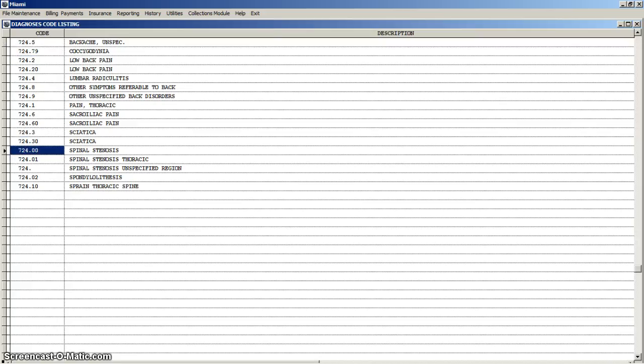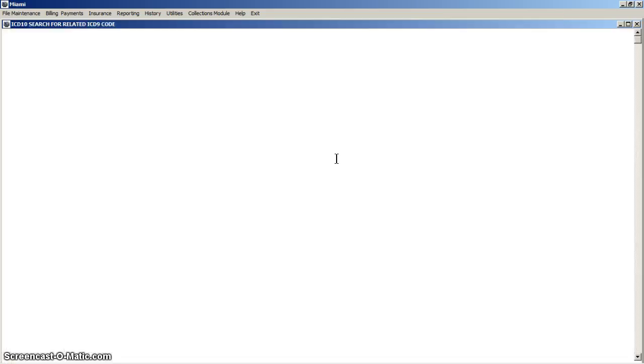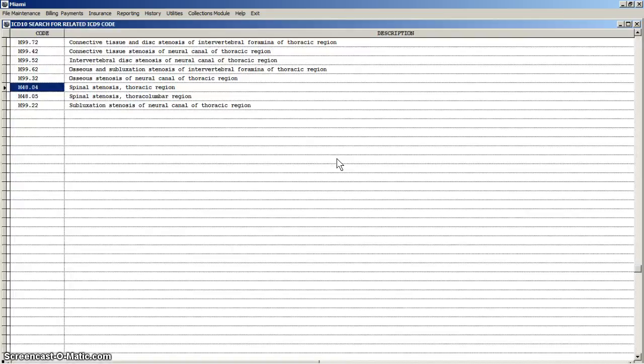So I'm going to select this spinal stenosis thoracic as my diagnosis code in an ICD-9, and what it does is it then shows me the ICD-10s that also point to that ICD-9. So I'm going to go ahead and select the code that it's on, which is spinal stenosis thoracic region,